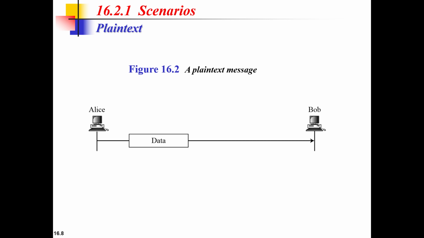We will take the first one. We can see the picture, which is the plain text. This is the simplest scenario, where a message is sent in plain text. So there is no message integrity or any confidentiality in this scenario. Now Alice, the sender, composes a message and sends it to Bob, the receiver. The message is stored in Bob's mailbox until it is retrieved by him.